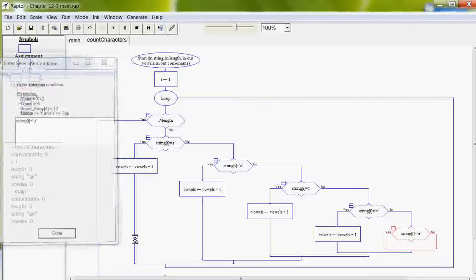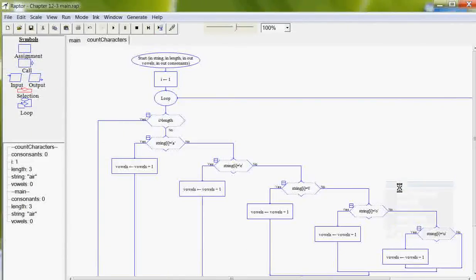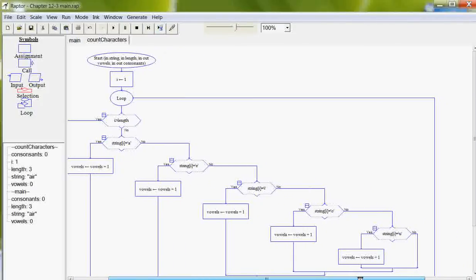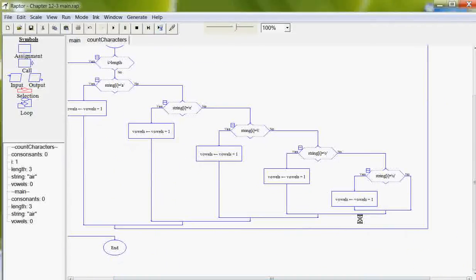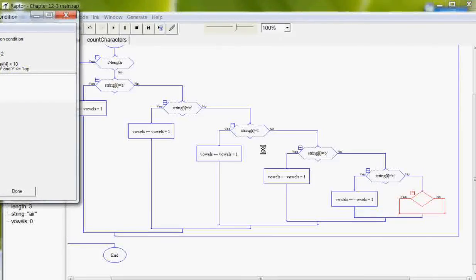Yes. Okay. And if it's true, I want to add 1 to the vowel count. Now, as you can see, this is just a nested if inside of a loop. I could stop here and just, on the no path, add one to consonants, but the chances are great that there might be a space in the string, and I don't want to count the space as either a vowel or a consonant. So what I did was one more check using another built-in Raptor function, which is the